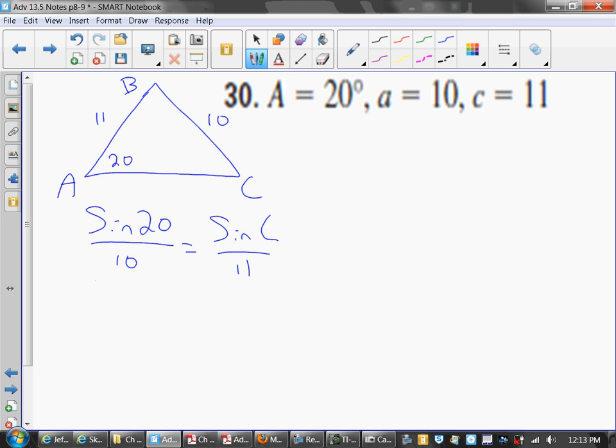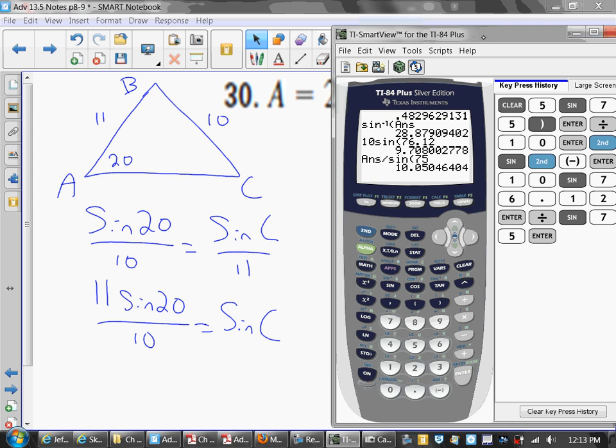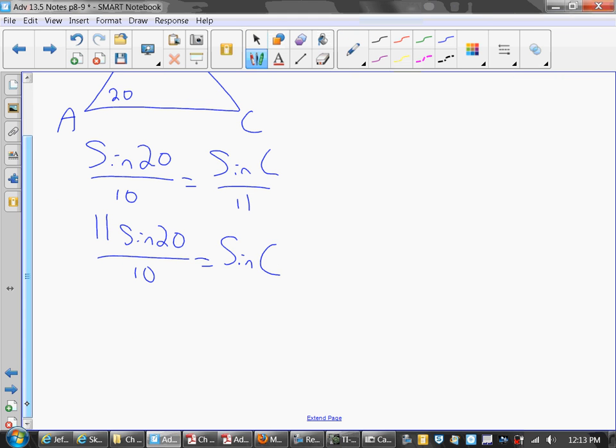Do your quick cross multiply out. You get 11 sine 20 is to 10 is the sine of C. So in your calculator, 11 sine 20 divided by 10 gives me a decimal. Second sine, second answer gives me that. So I know that C can either equal 22.1,